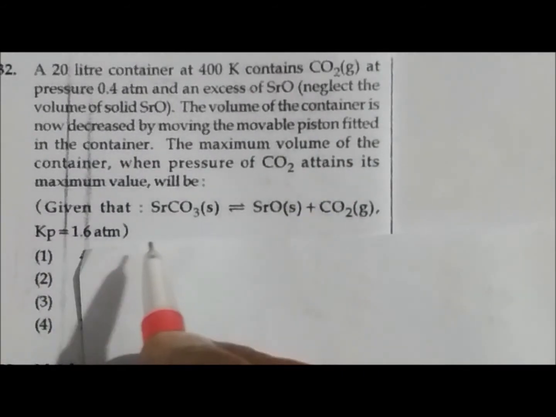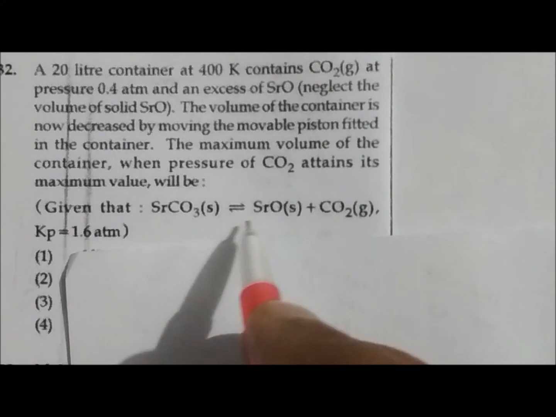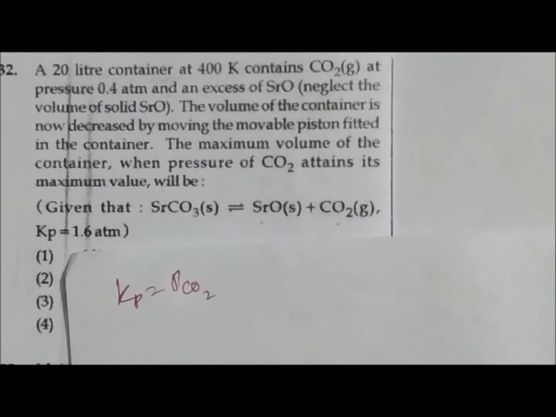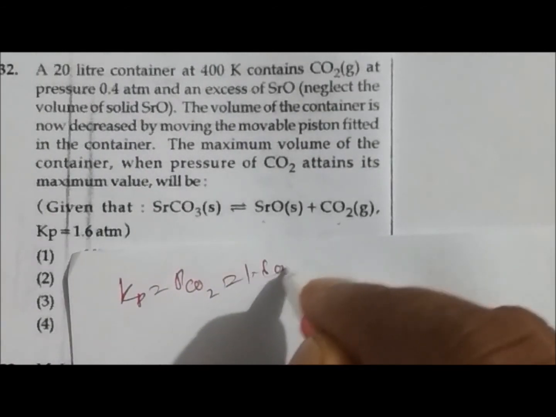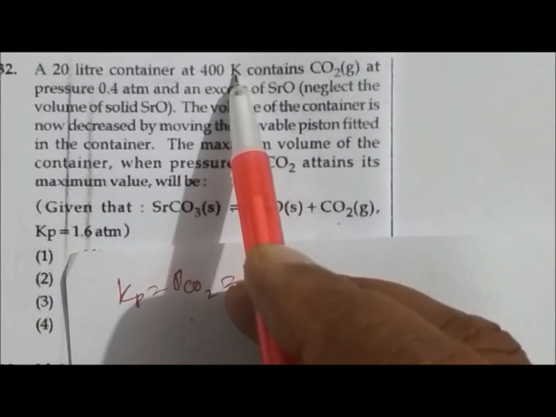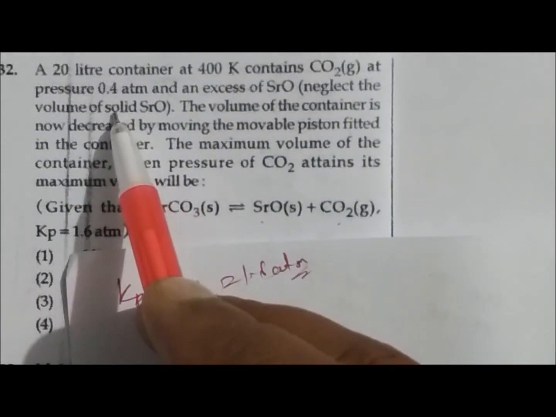So this is our equation. You can see very clearly strontium carbonate is giving strontium oxide plus carbon dioxide, and Kp is also given. So Kp is equal to nothing but the partial pressure of carbon dioxide. So this is 1.6 atm pressure. Now, volume is given, temperature is given, and pressure is also given, so we can find out